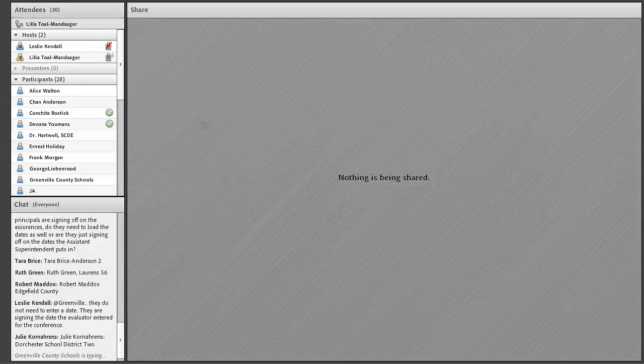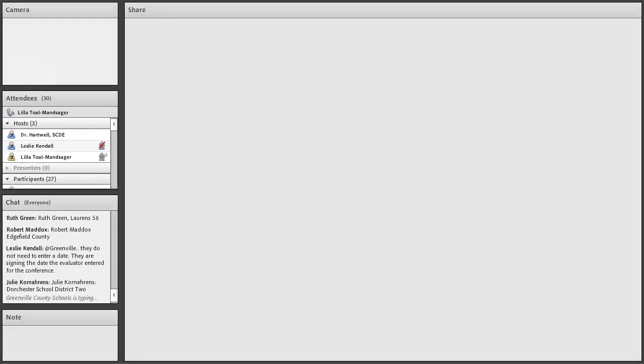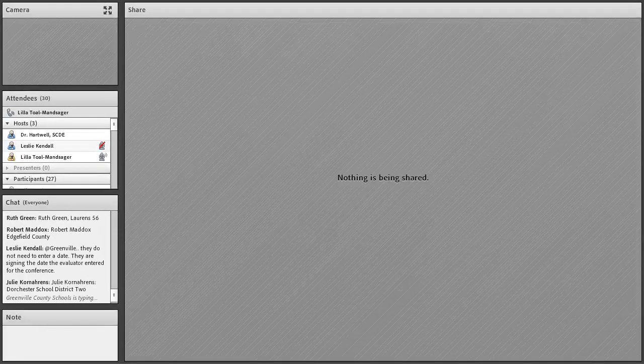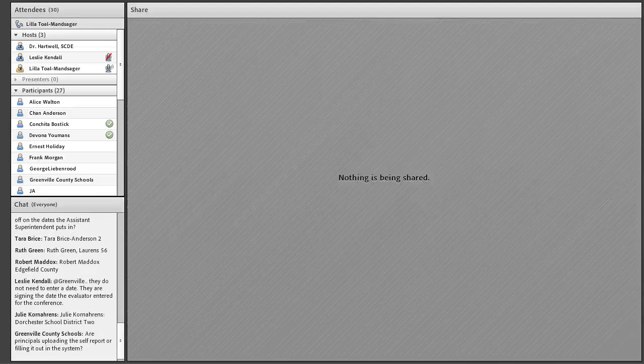So beginning in the 18-19 school year, not only will you and the principals be able to record and submit everything online, but you'll be able to house your evaluation observation notes and everything that you need to manage the principal evaluations in one concise place. There are features such as the principal's professional development plan template and the evaluative rubric with all the criteria that will be visible and accessible for the 2018-19 school year. So we're not requiring that those fields be entered into SC Lead for this year.